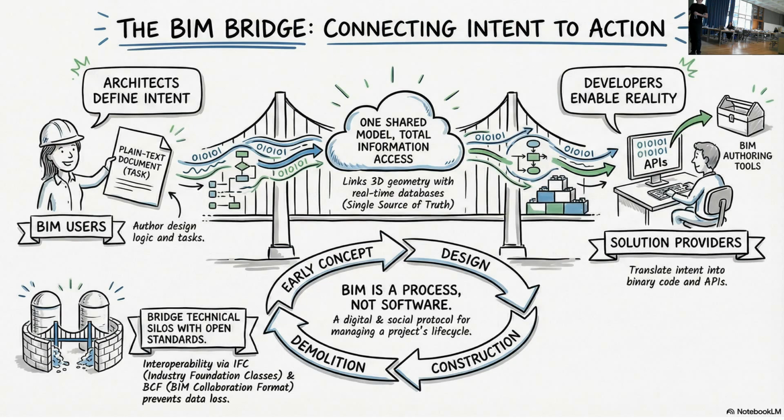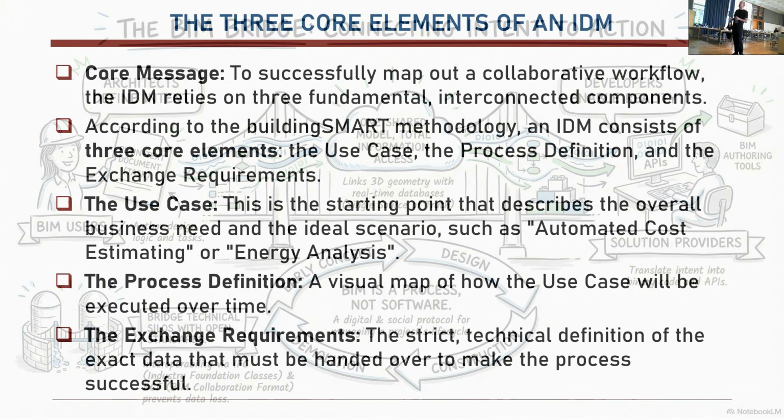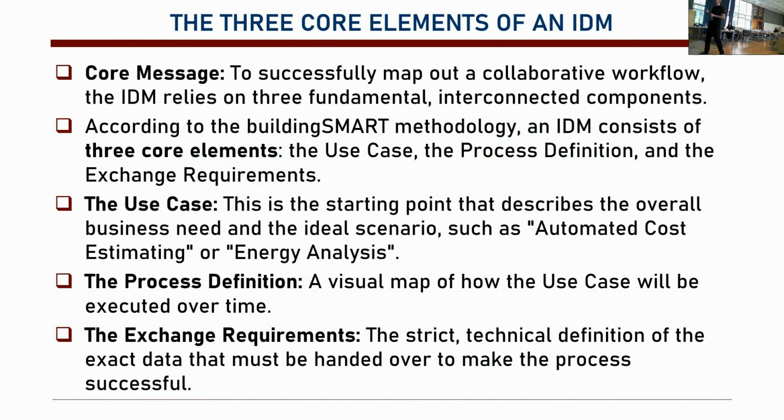We have the one model. We have the information that's shared between each other, and also we have the solution provider who writes the APIs for these projects. So BIM is this process, but in the process we need to define everything so well that it can be turned into software too. Okay. So there are three core elements for